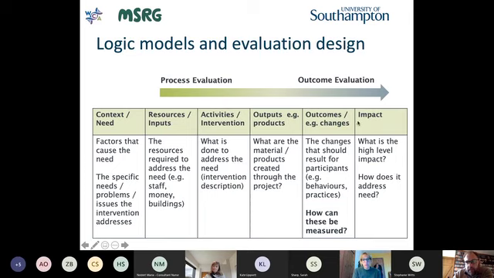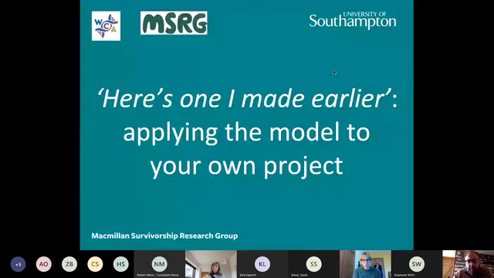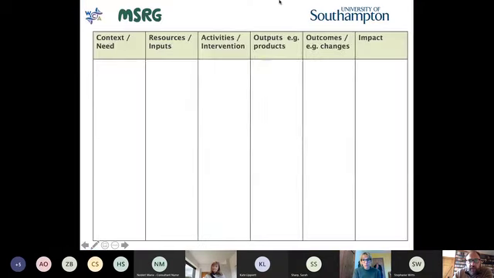And through the outputs, outcomes, and high-level impact, you're beginning to define what the outcome measures are going to be, particularly the 5th column. If you're seeking to make a change, always ask the question, how can that change be measured? And asking that question will then inform your outcome evaluation design. So it's a very nifty way, at which point I'm going to stop sharing